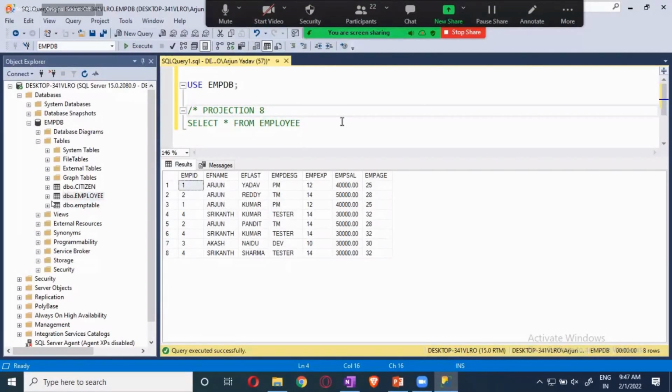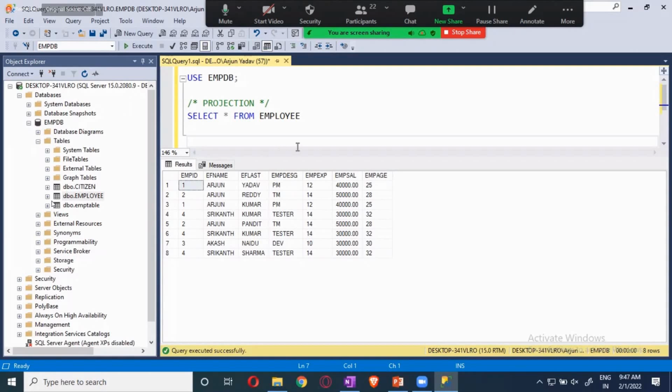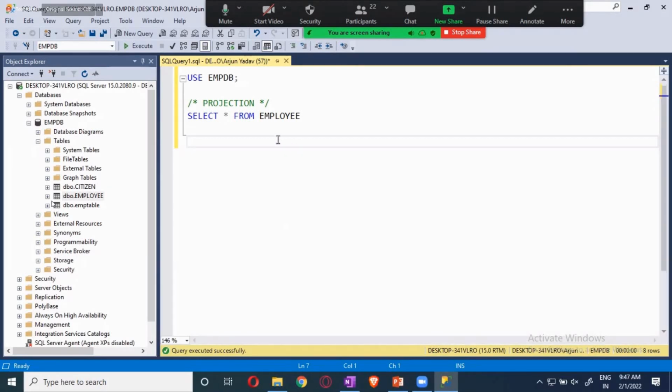Okay. Now, if you are using a where clause, that is called selection. How will we use it?